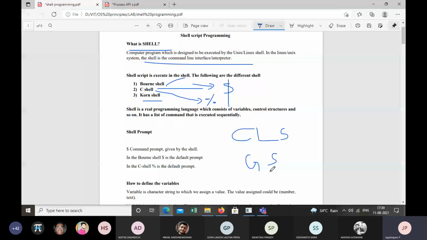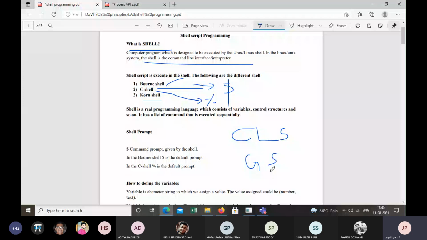One is CLS, the other one is GS. What do you mean by this? Can you tell me what do you mean by CLS?